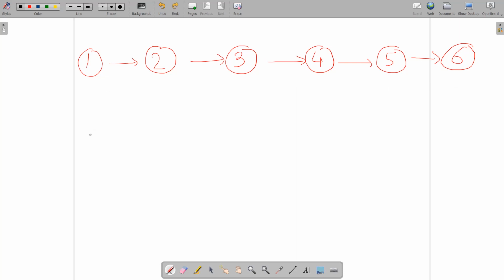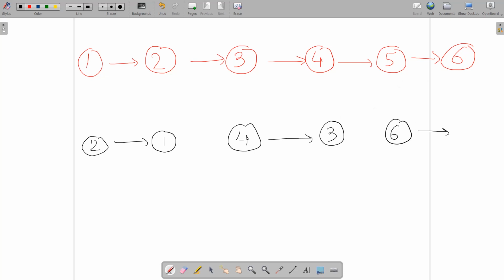Let's try to figure it out. You can see if we reverse it, it would become 2 1, and when we reverse 3 and 4, it would become 4 3, and when we reverse 5 and 6, it would become 6 5, right? So let's join these pairs, 1 to 4 and 3 to 6. Okay, so this is our answer,